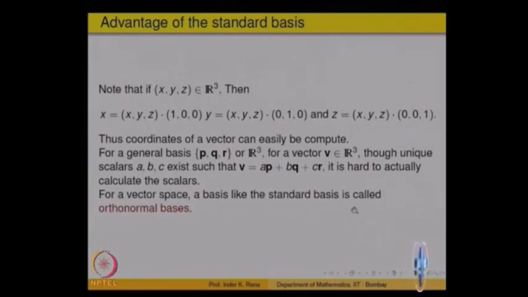This is normally given a name, such a basis is normally called an orthonormal basis. Each vector is normal, that means standardized, length is equal to 1, and orthogonal to each other. So, the two are combined as orthonormal, right. So, the standard basis of R2 or R3 is an example of an orthonormal basis. We will define it formally also, right.